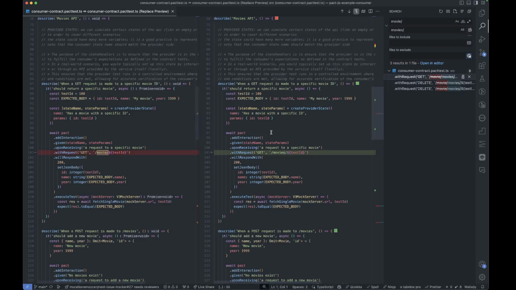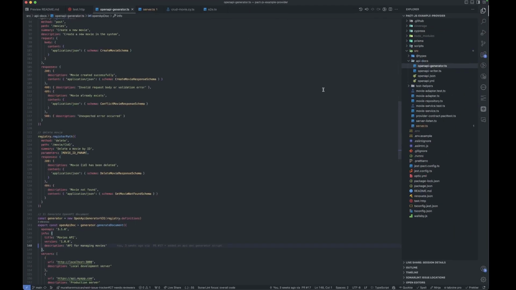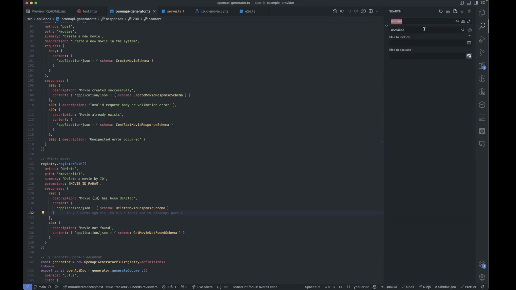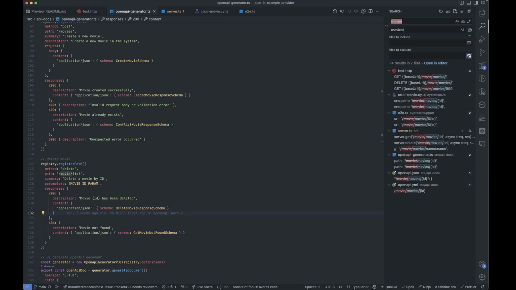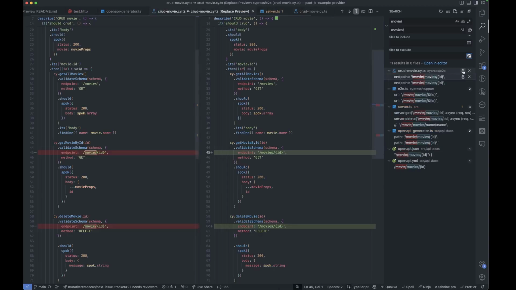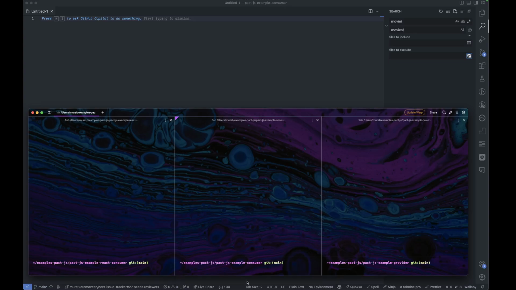And the Pact test, this one is also getting replaced. By the way, I just realized I'm at the consumer repo, but all these changes are going to be similar, so let's just do the same change at the provider repo. And I think I can just push that consumer, right? If I made those changes, I can just push this one.